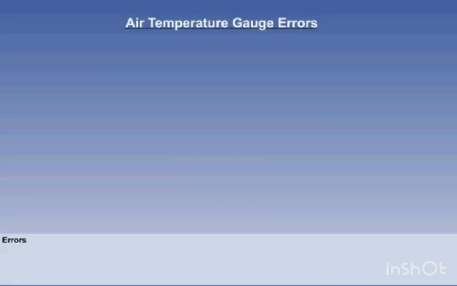Finally, in this lesson, we will look at the errors which air temperature gauges are subject to. The first is instrument error. This occurs in the manufacturing process, and unfortunately, manufacturing imperfections are difficult to avoid. The second error is